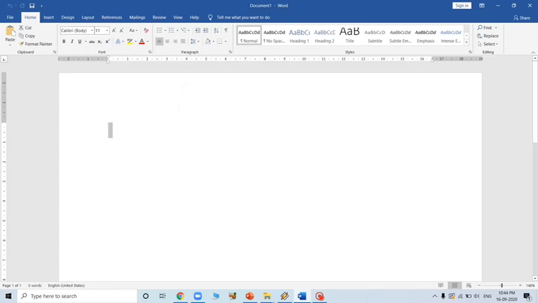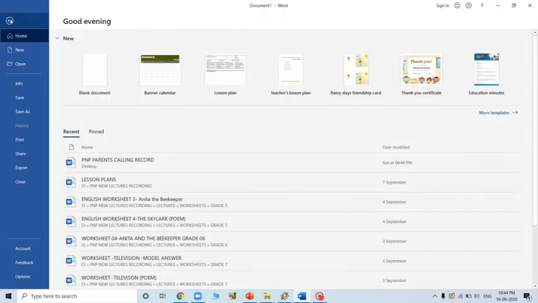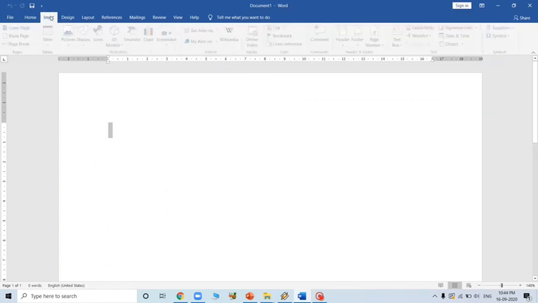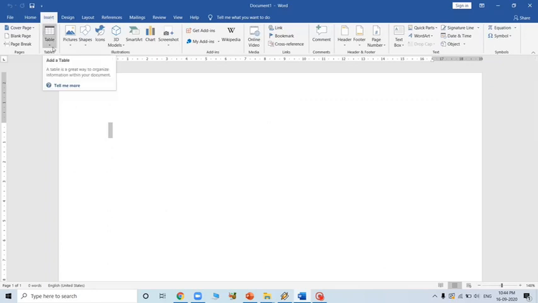From the menu bar we'll take the table. You can see here, this is the menu bar, and the insert table option is there. So we are going to insert the table.